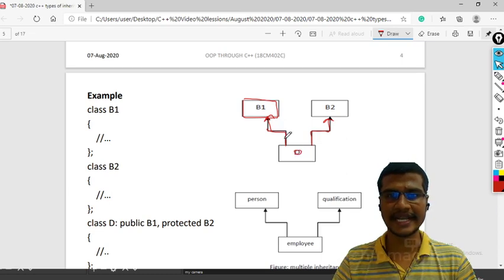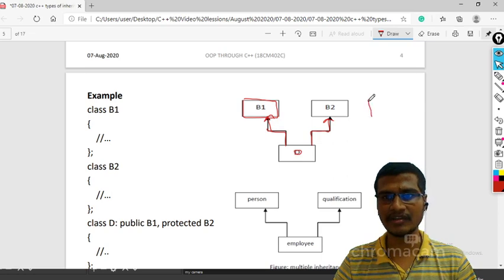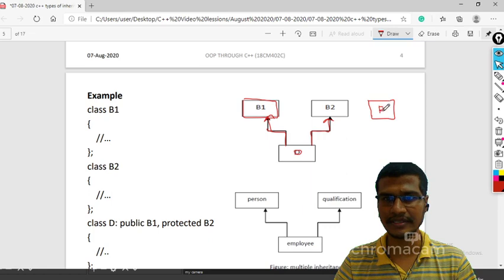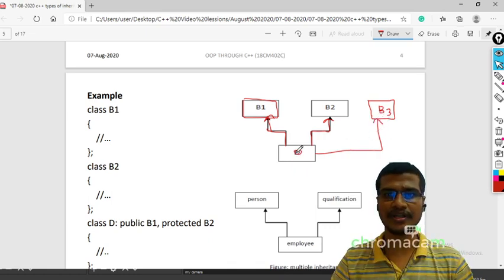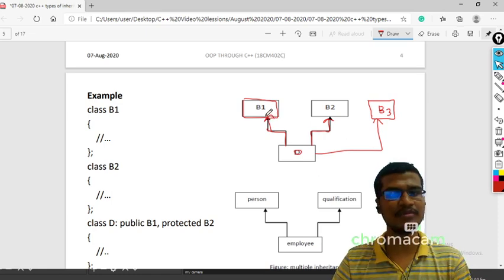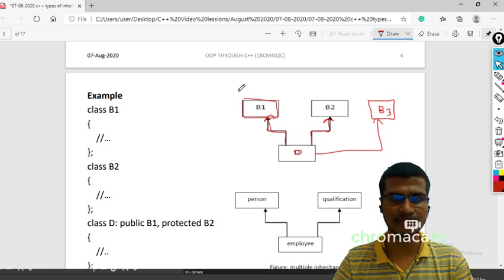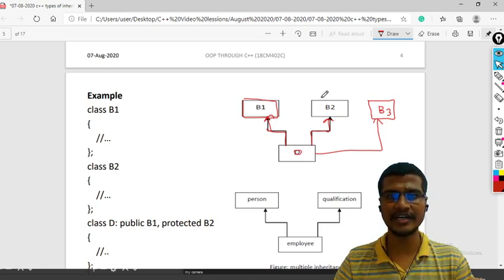Okay, because a class is derived from two base classes, or I can derive from one more base class. If I take one more base class as B3, then this class is derived from B3 also. So this D is a class which is derived from minimum two base classes. If it is derived from only one single base class, then that is your single inheritance. But if it is derived from two or more base classes, that is your multiple inheritance. Minimum two will be there, and more than two also.